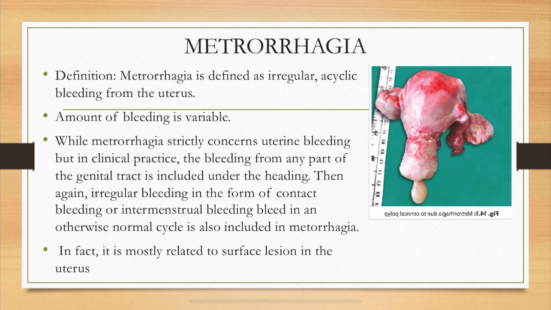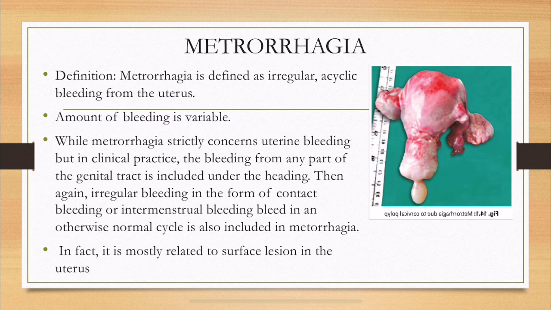Now we see menorrhagia. What is menorrhagia? Menorrhagia is an irregular acyclic bleeding from the uterus. So the cycles are irregular here. We knew it was less than 21 days in polymenorrhea, but in menorrhagia we do not know. It is irregular and acyclic bleeding. The amount of bleeding is variable, and while menorrhagia strictly concerns uterine bleeding,